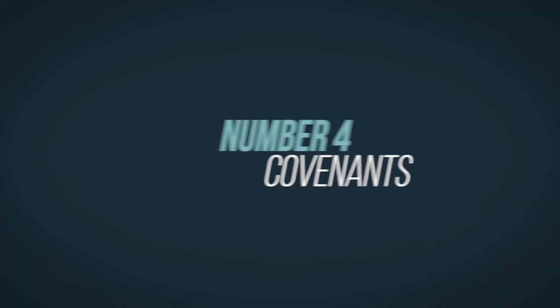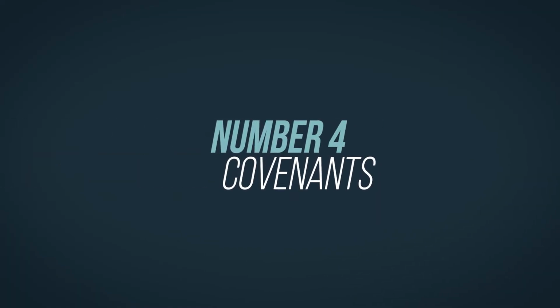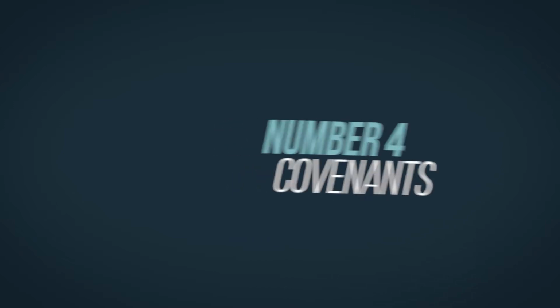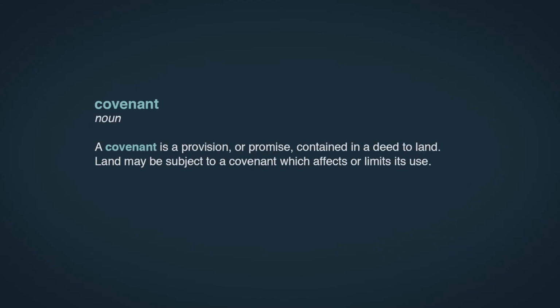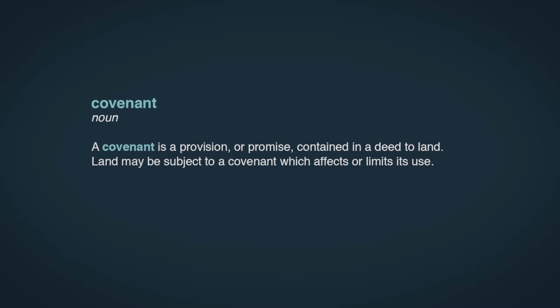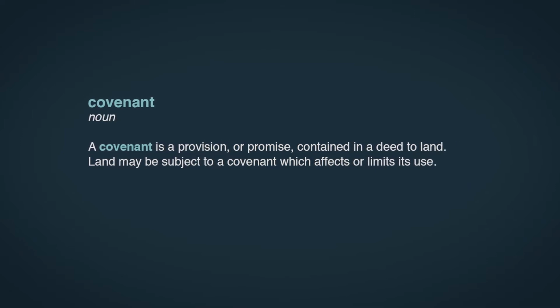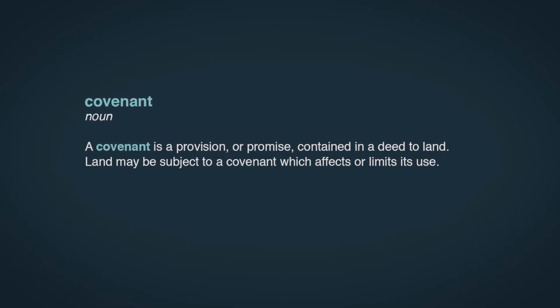Number 4 is covenants. It would be fair to say that this has caught many developers out, so don't become a statistic. Make sure you tick this box every time you are doing your due diligence on a real estate development site. Covenants could be anything and could date back any number of years. In a lot of cases, they may not even make sense, but that doesn't matter. If a site has a covenant, no matter how obscure and strange it may be, there is still a significant process you will need to follow to get it removed or get an exemption. That is, if the covenant will affect what you are trying to